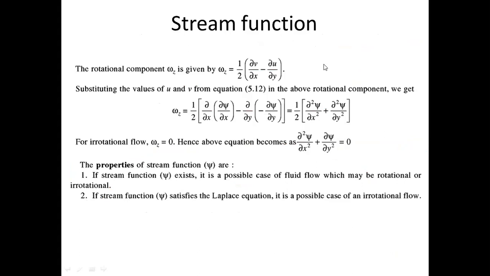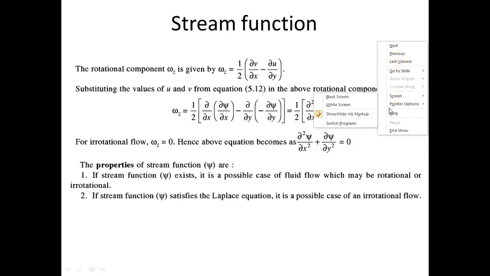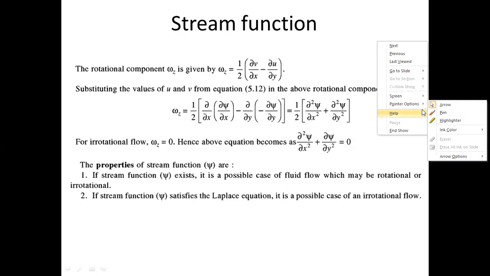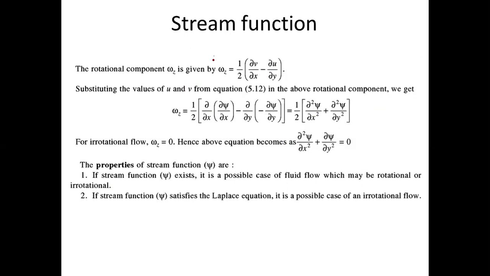Fine. Now if the flow is taking place in the xy direction, that means there could be angular velocity in which direction? If the flow is in the xy plane, the angular velocity is possible in the z direction. Okay, so that is what we need to check. See, in the z direction, the expression of the angular velocity is this. So this is the expression of angular velocity in z direction.